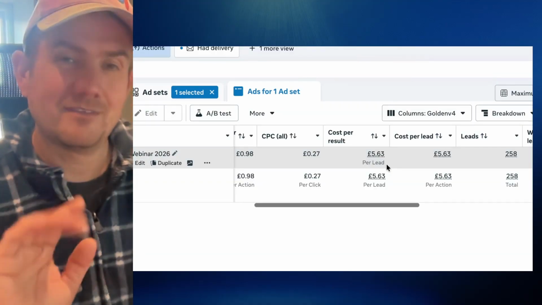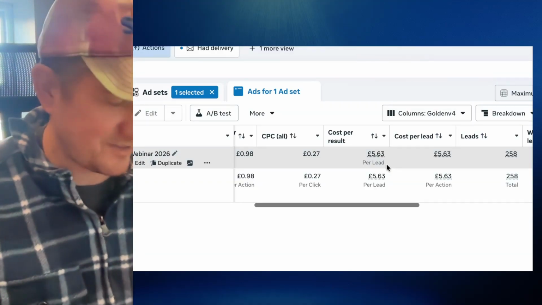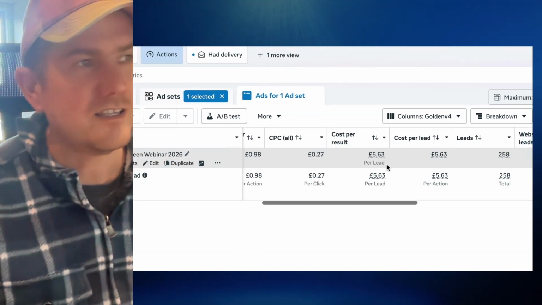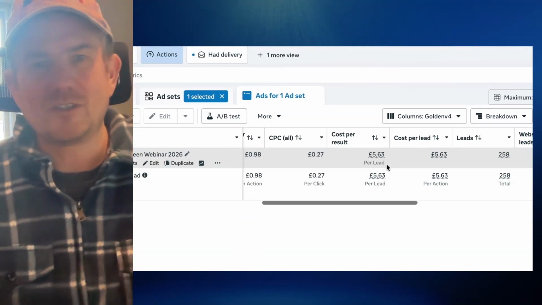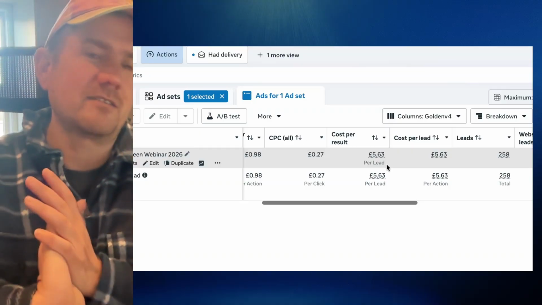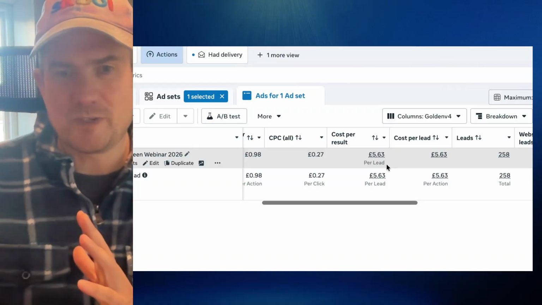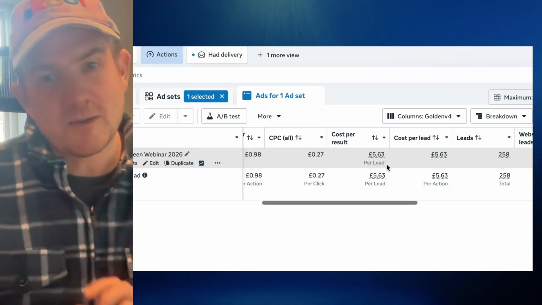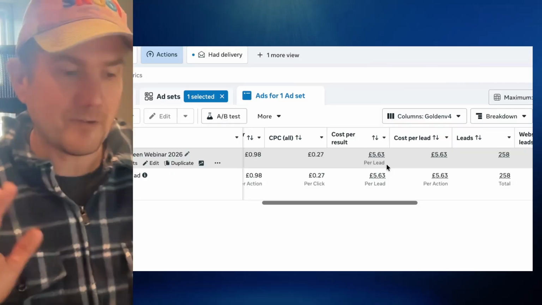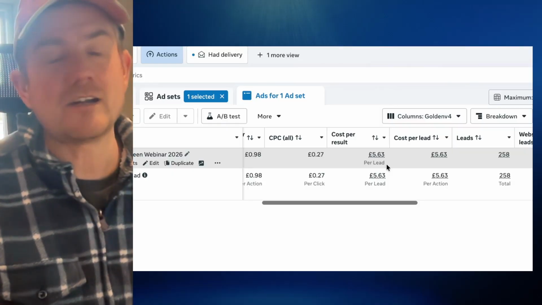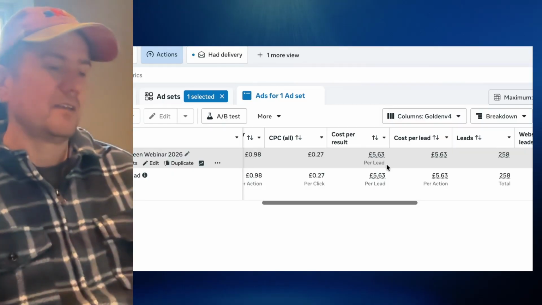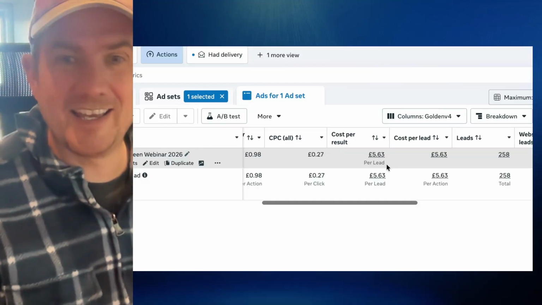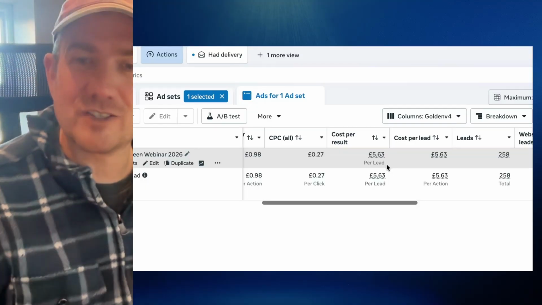But this is what I've learned in doing this over the last 12 months: when people opt into your webinar and they register, you get to hold on to their contact details. So you can nurture them over time and eventually you can get meetings in the diary. And that's what's happened. I've had meetings in the diary with people who registered onto my webinar. They haven't attended and they've become customers. So all is not lost.